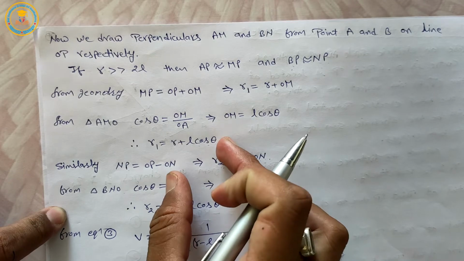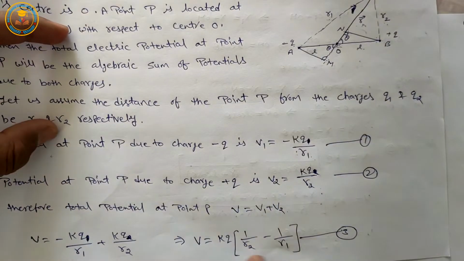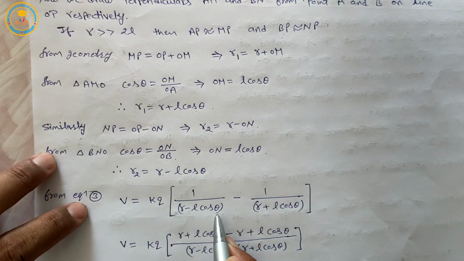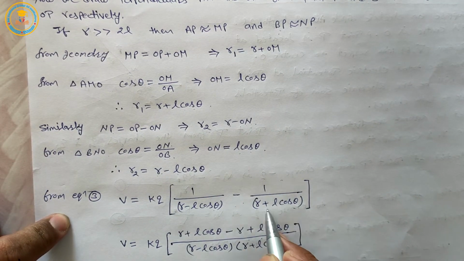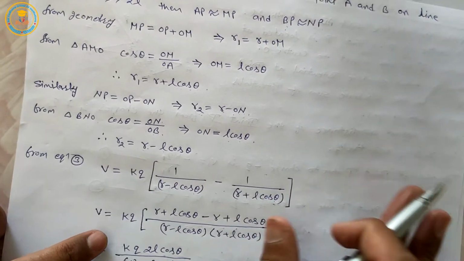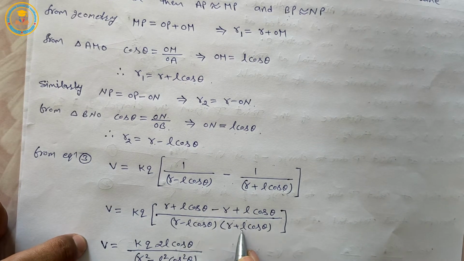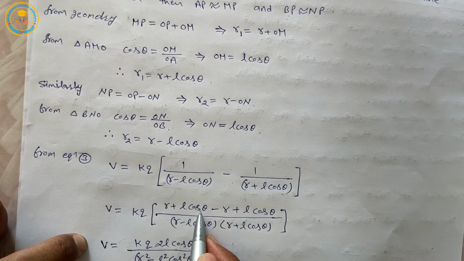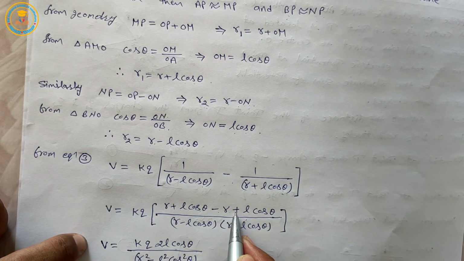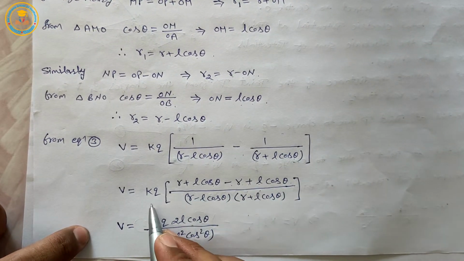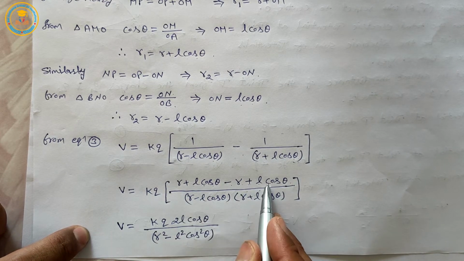Put the values of R1 and R2 in equation number 3. Then V is equal to KQ times 1 upon R2, where R2 is R minus L cos θ, minus 1 upon R1, where R1 is R plus L cos θ. Take the LCM. Then R minus L cos θ times R plus L cos θ. Solving this, we get R plus L cos θ minus R plus L cos θ. R and R cancel out. Then we get KQ 2L cos θ upon